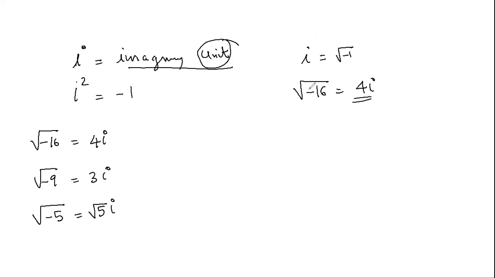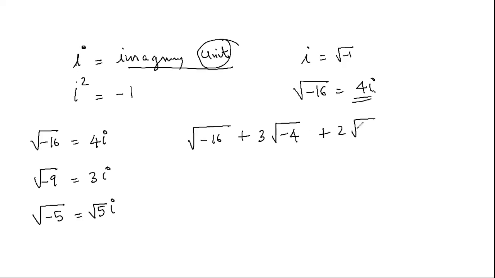Any calculation with the square root of a negative number, convert it into i and then calculate. Otherwise, you may go wrong. Is it clear to you? Yes, sir. So suppose I want to add minus root 16 plus 3 times root of -4 plus 2